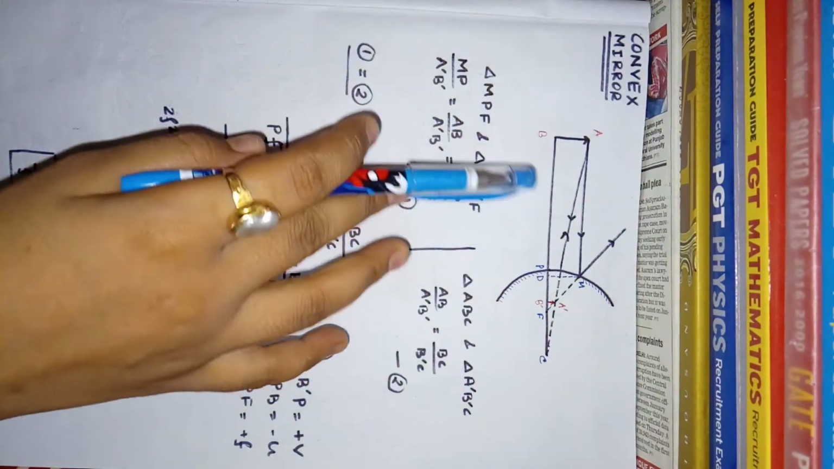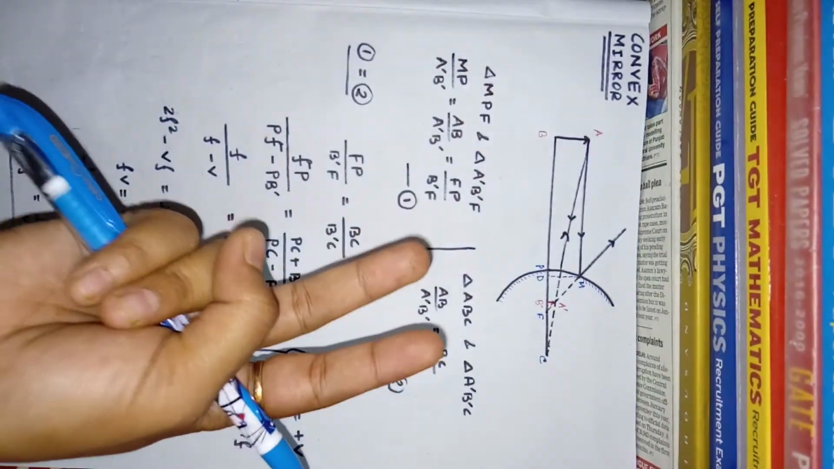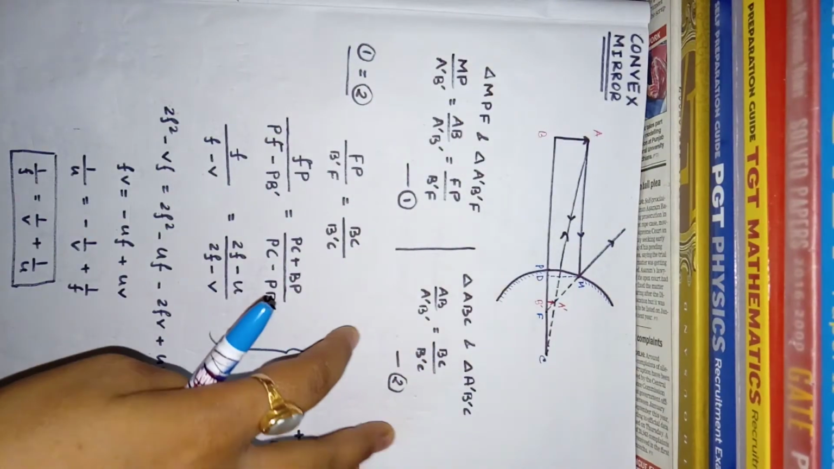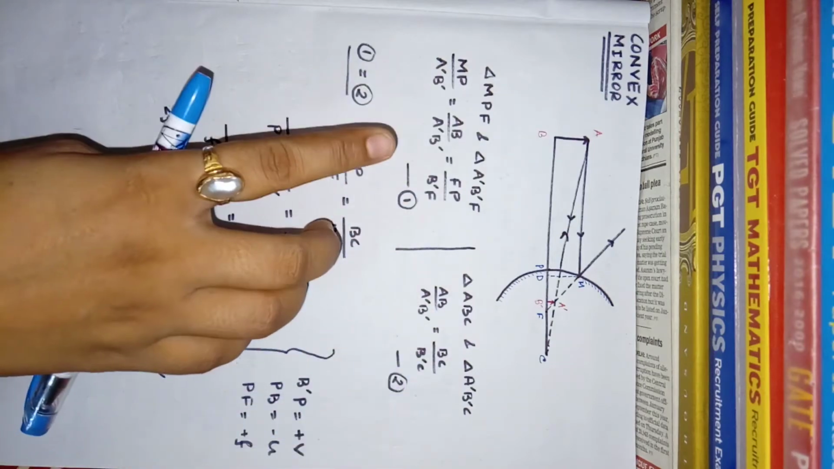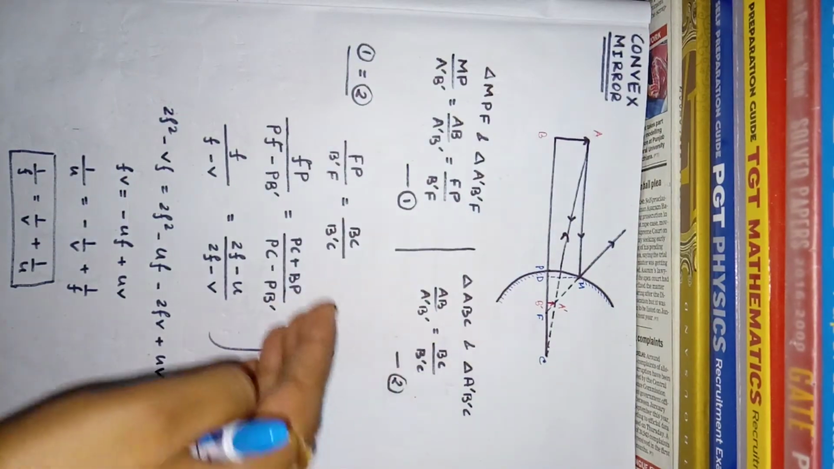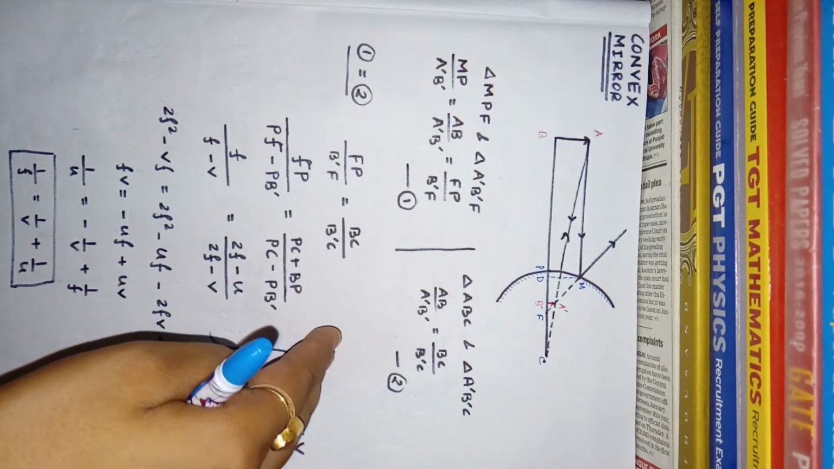So at this particular time we can say only two cases will arise in the case of a convex mirror. So only two ray diagrams you need to practice. One is the object placed at the focus, and another one is the object placed anywhere other than the focus. Okay, so we will take the